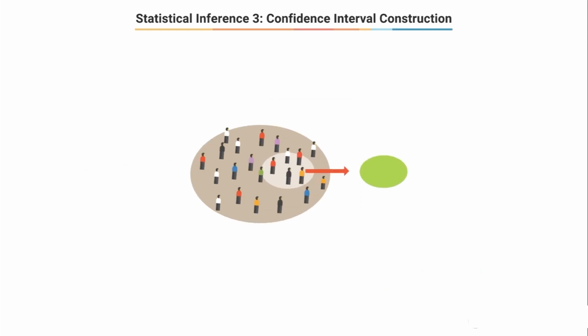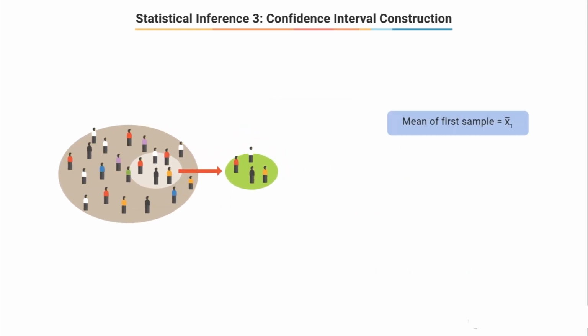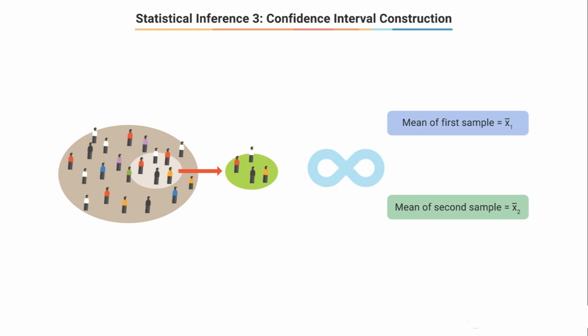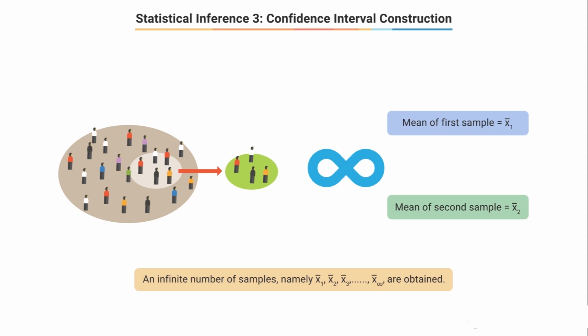And let's say you collect your first sample, calculate the sample mean, call it x bar 1. Then calculate your second sample, calculate the sample mean, call it x bar 2, and so on. Now you can continue this process an infinite number of times and you'll be left with an infinite number of sample means that are x bar 1, x bar 2, x bar 3, and so on, all the way up